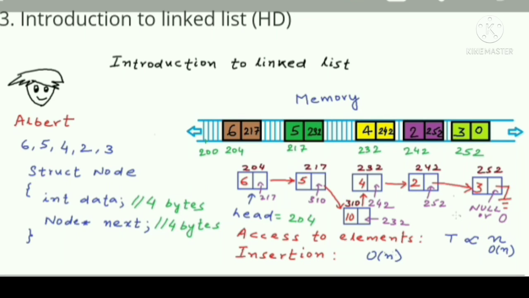So we can see some good things about linked list. There is no extra use of memory in the sense that some memory is unused. We are using some extra memory, we are using some of the addresses, but we have the benefit that we create nodes as and when we want, and we can also free the nodes as and when we want. We do not have to guess the size of the list beforehand like in the case of arrays.